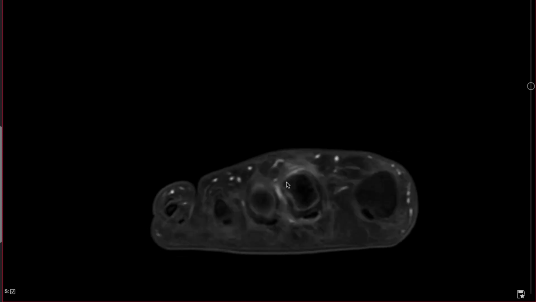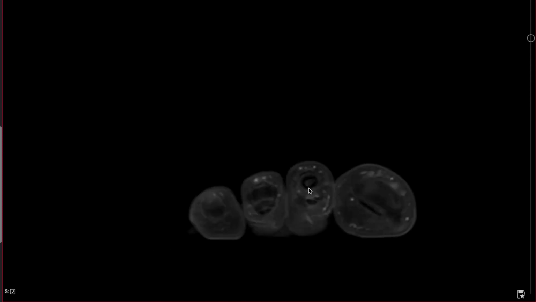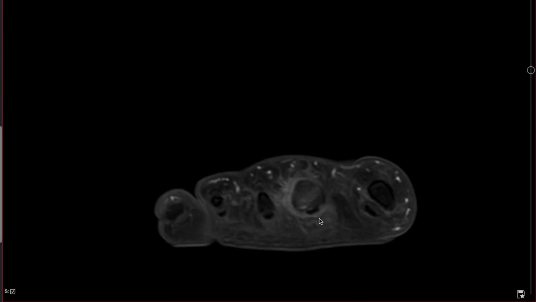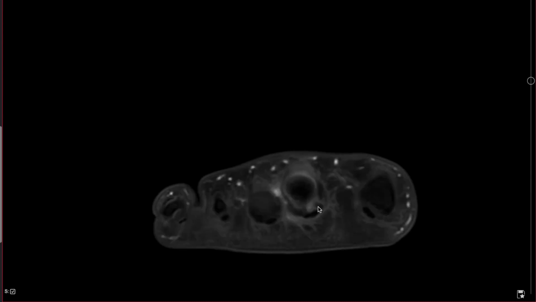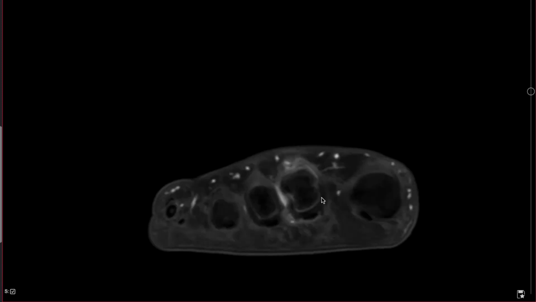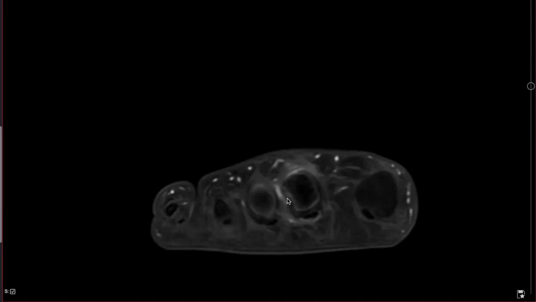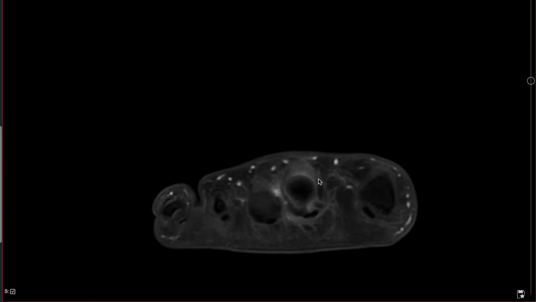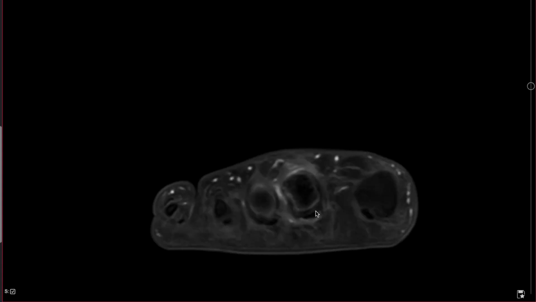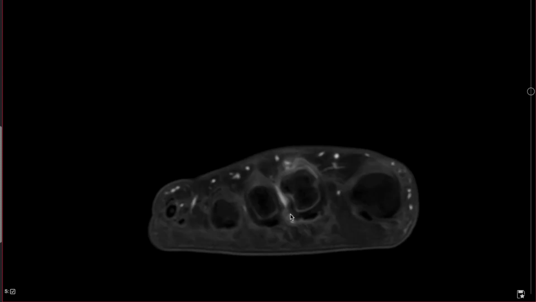The altered biomechanics occurring at the second with an attempt towards a medial crossover, where we have a high-grade partial tear of the plantar plate at its attachment to the accessory collateral ligament. I term this out on the tibial side as opposed to the fibular side to help the surgeon identify where we are looking. We can see that plantar plate. We're going to look again at the collateral ligament complex here and see the proper and again the tear of the accessory. Further things that we can see on this examination, intermetatarsal bursitis at the second interspace,